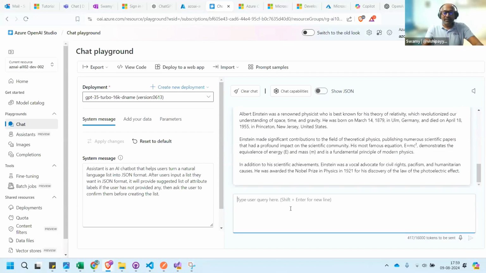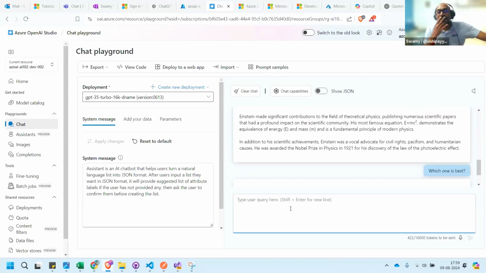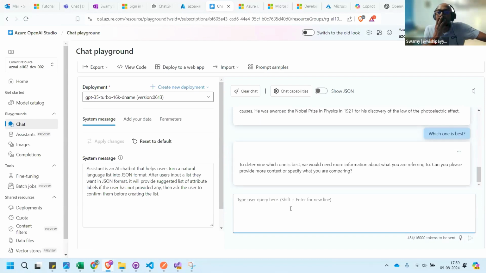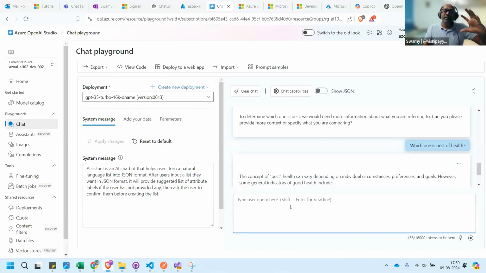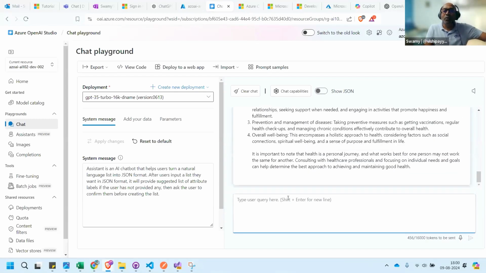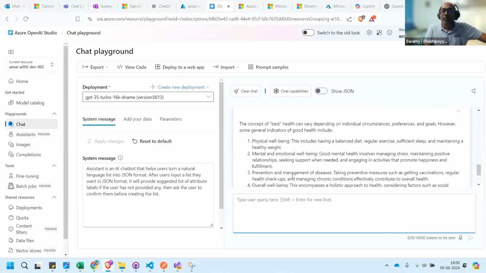Now, after this, which one is best? It wants more context. Which one is best for health? Now, here there are two things coming into the picture.